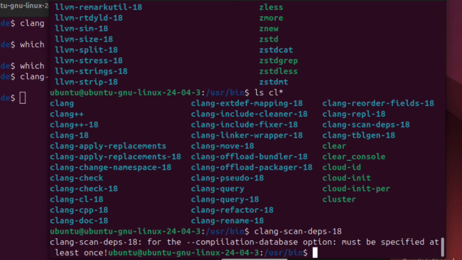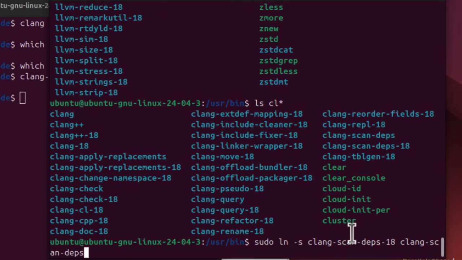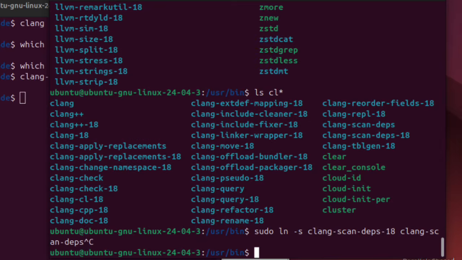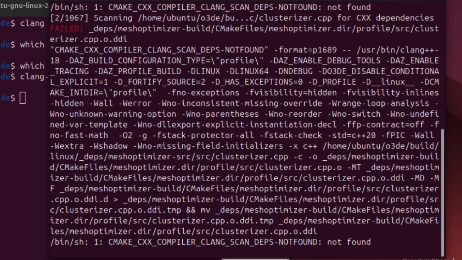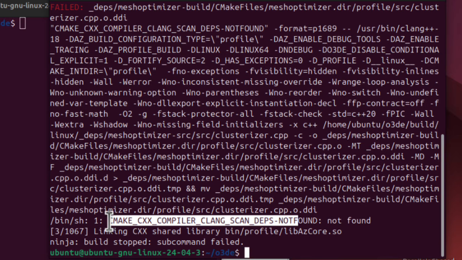So that is there. Why doesn't it know to look for it? I don't know if this is going to help, but I created a symbolic link for clang-scan-deps to link to clang-scan-deps-18 using this line. Let's try running this line again. Why can't it find this?